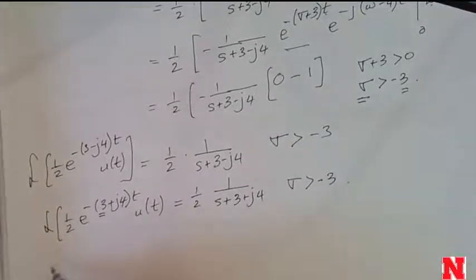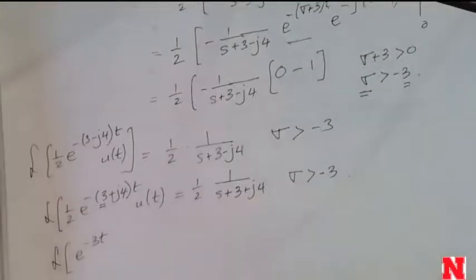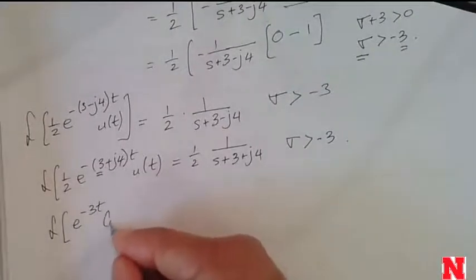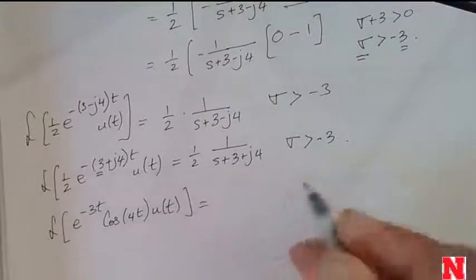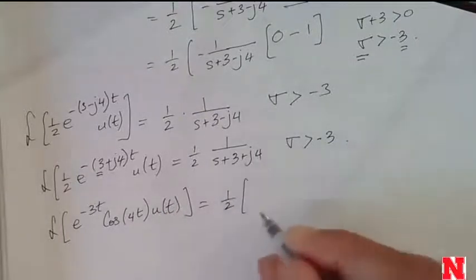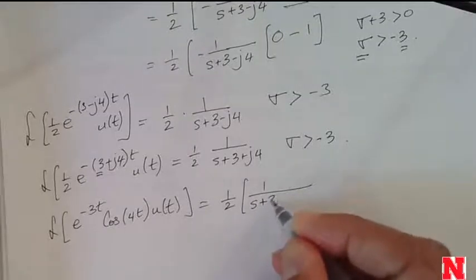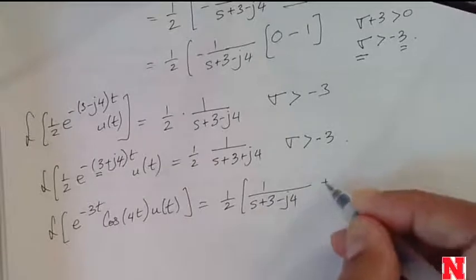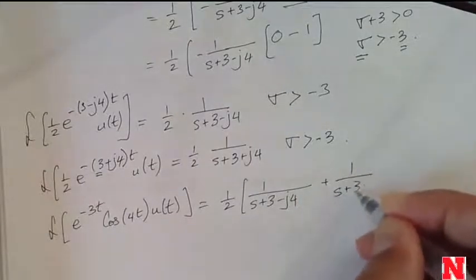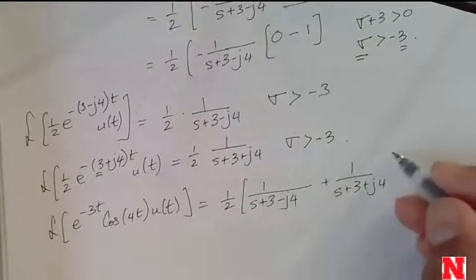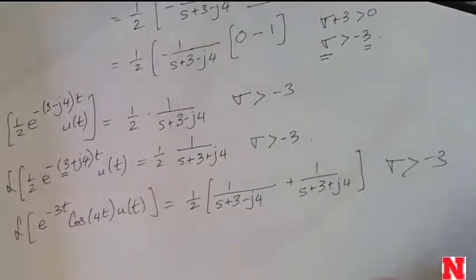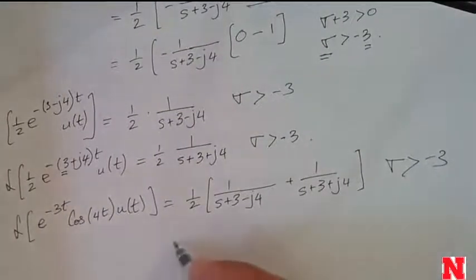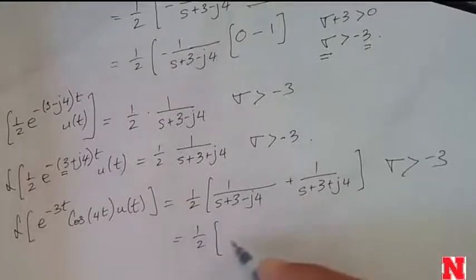So combining these two, the Laplace transform of, I started out with e to the minus 3t cosine of 4t u of t is equal to 1/2 1 over s plus 3 minus j4 plus 1 over s plus 3 plus j4, and sigma is greater than minus 3. So I have to have sigma greater than minus 3. Or that is,